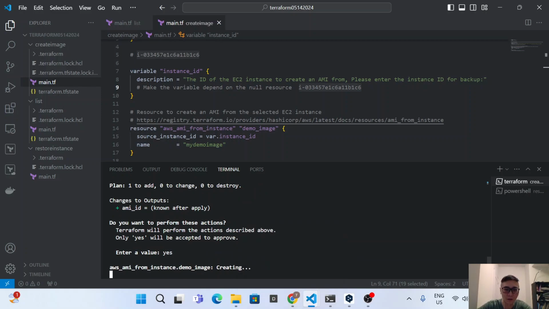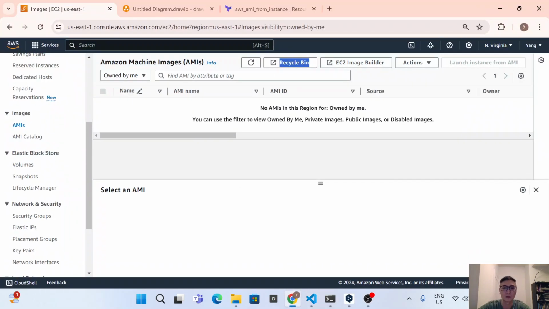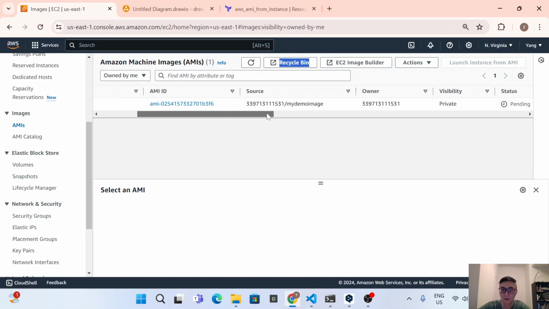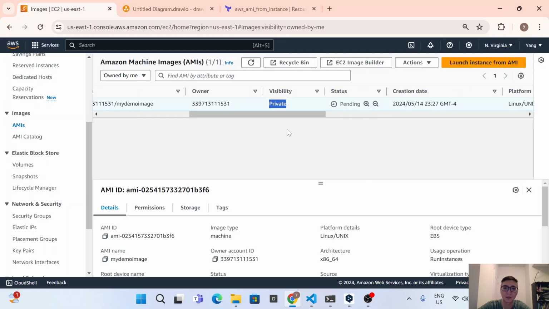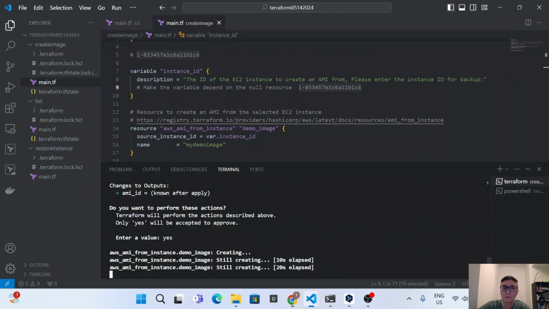Okay, so it starts to create the image. It will take about 3 minutes, so we can come to here. So it creates, but it's still pending. So we need to wait a while. While it's pending, we can come to